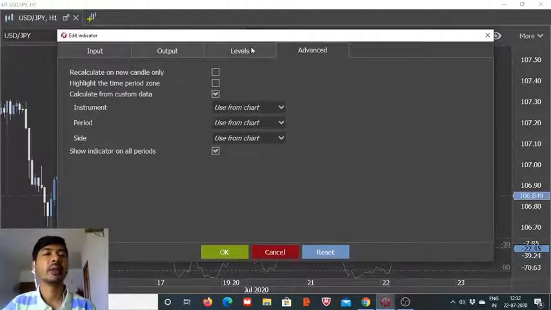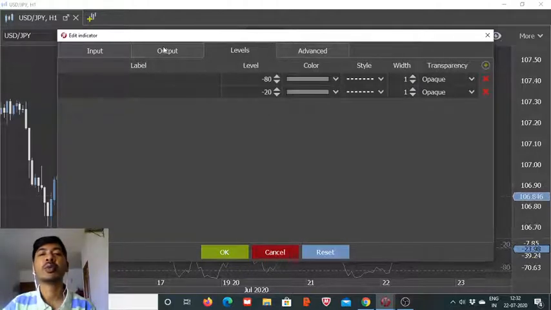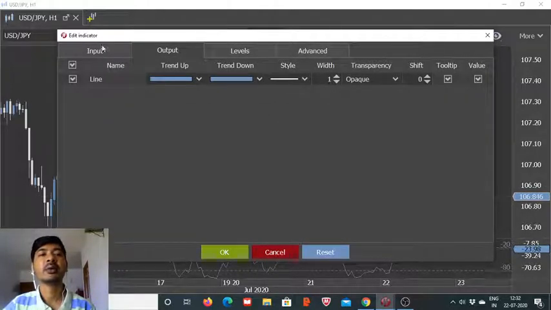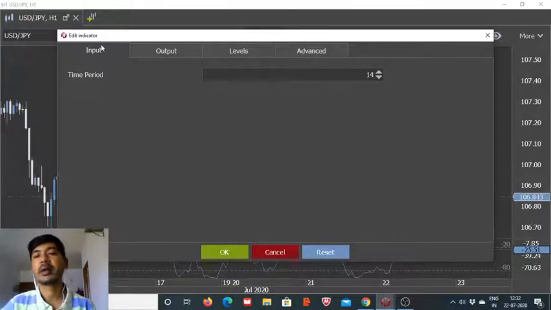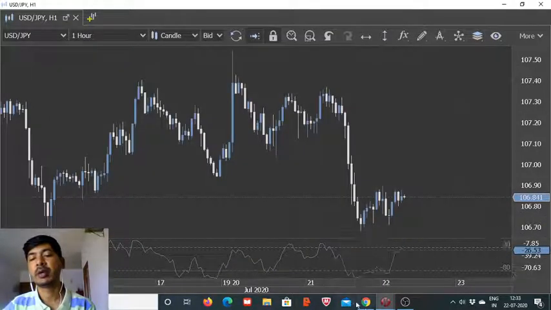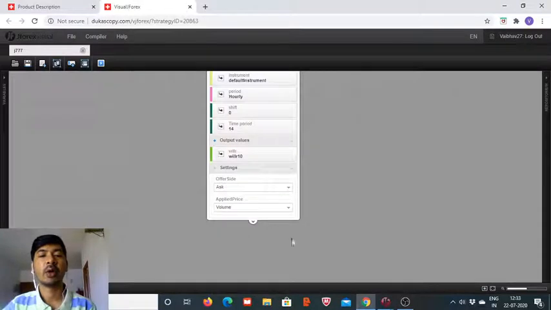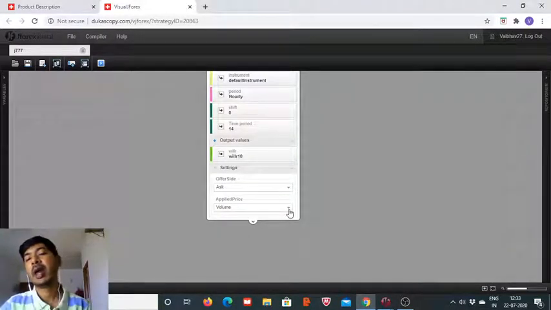Let me see if we can make some changes here. On the chart we don't have that input parameter listed, but if we choose volume as the applied price, then there will be an average volume,